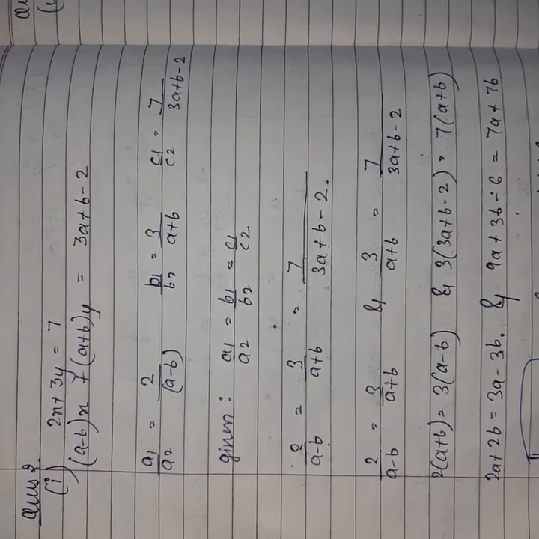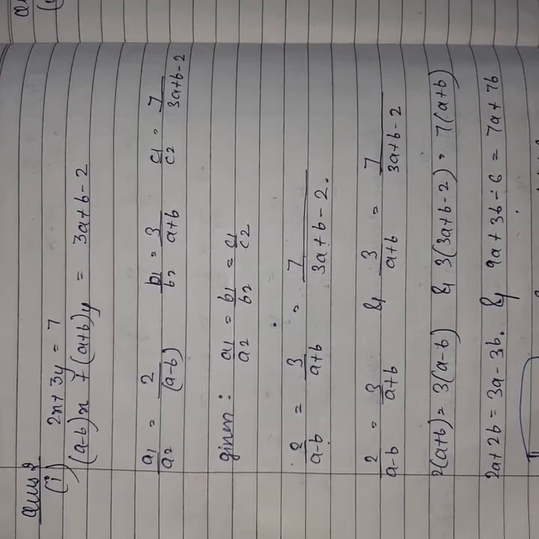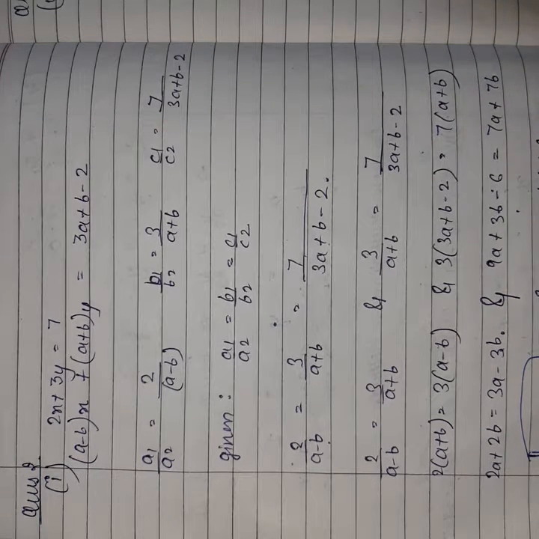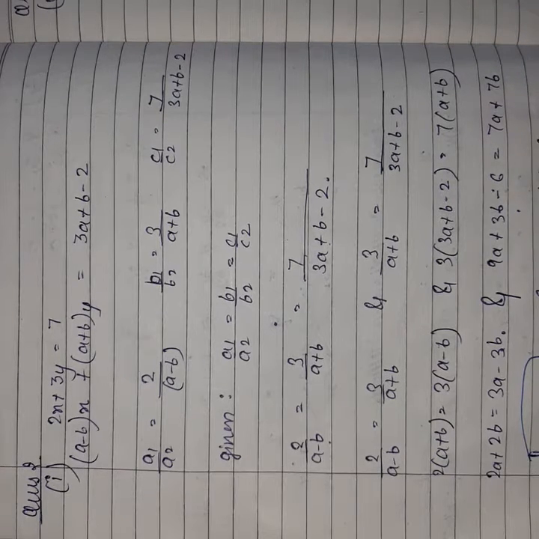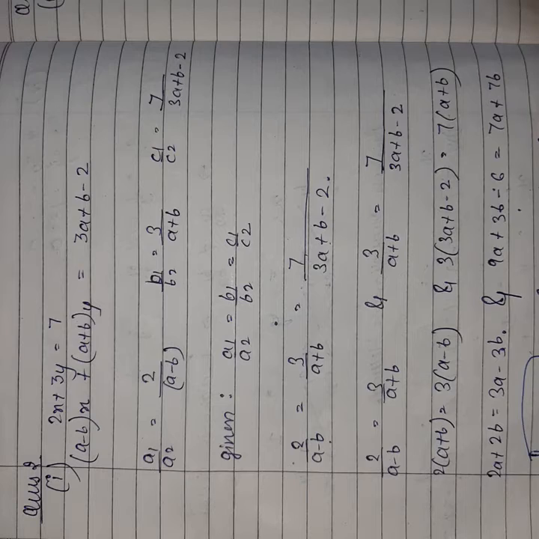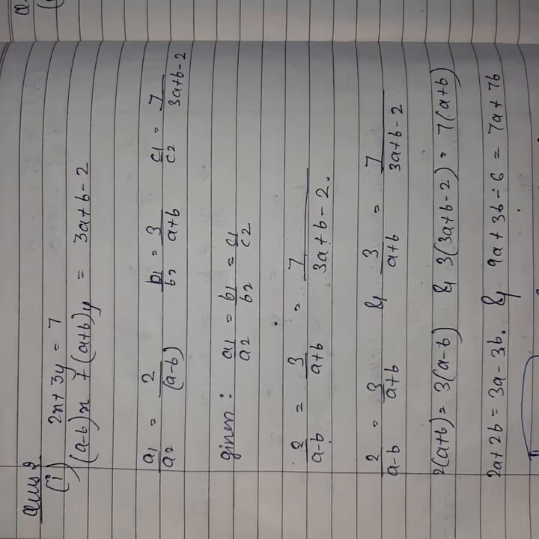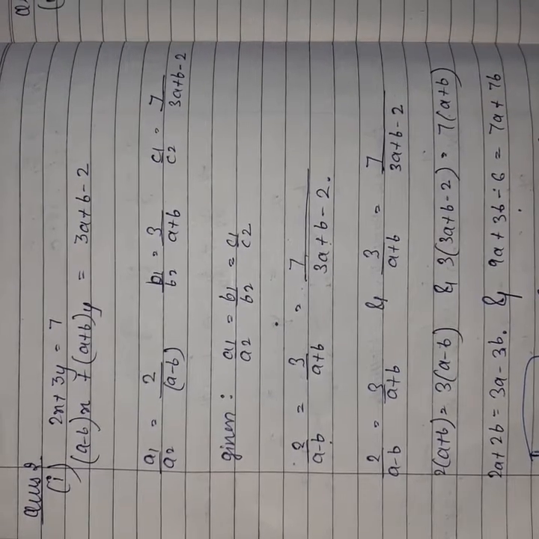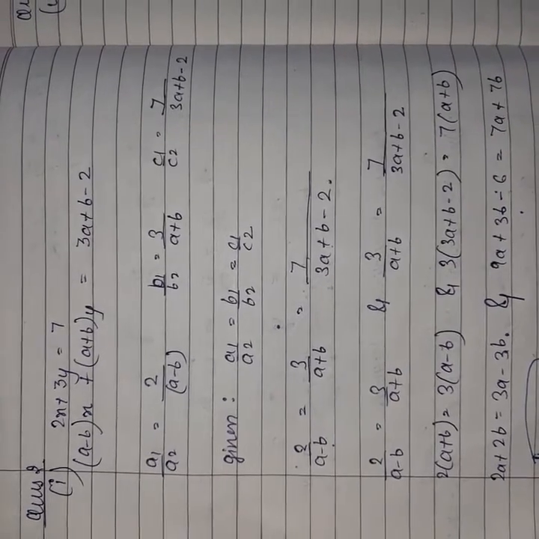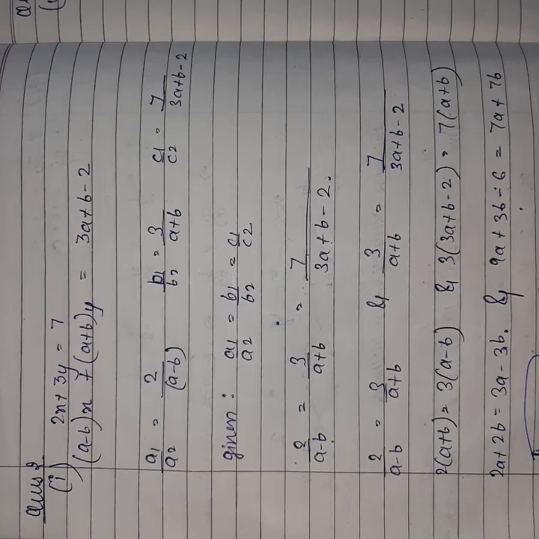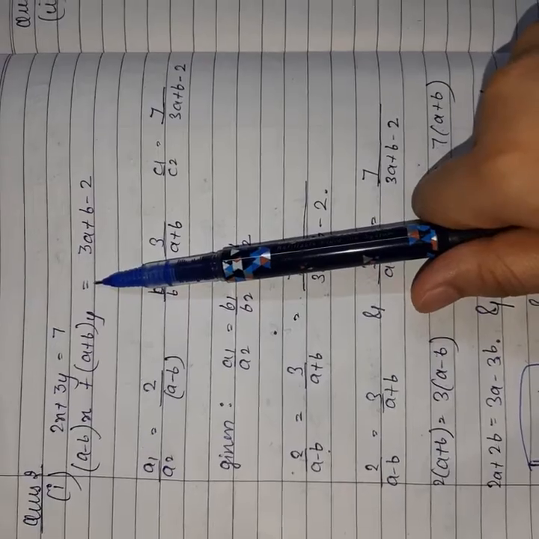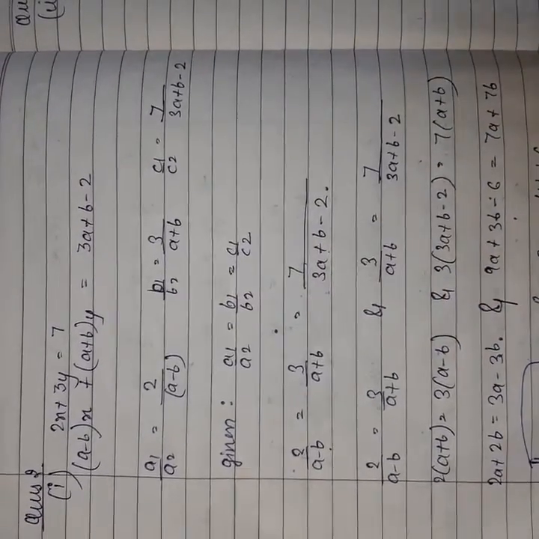number of solutions? In previous exercises you have learned the formula to find out if lines are intersecting, parallel, or coincident. When lines are coincident, they have infinitely many solutions. When they are intersecting, they have a unique solution, and when they are parallel, they have no solution. So using that formula only, we will derive the value of a and the value of b. These are the two equations given to us in the question, right?